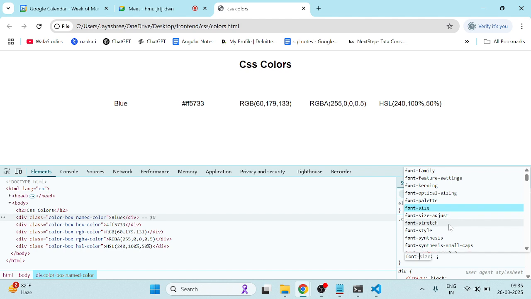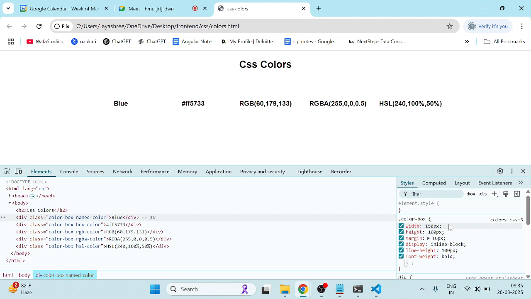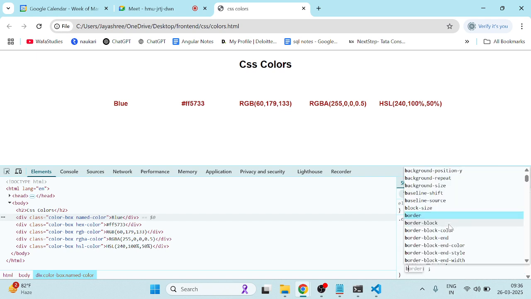What happens here we will see. Font weight, the font weight will be bold. Okay, bold means what happens here, bold, yeah, bold one. So the text will have some thickness here, right? So after that color you can apply here. The box color will be, we will take black, brown we will take. Okay, next border